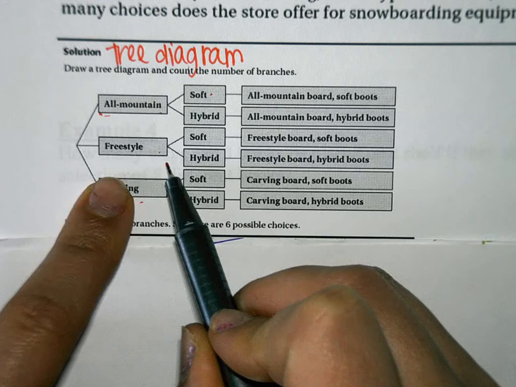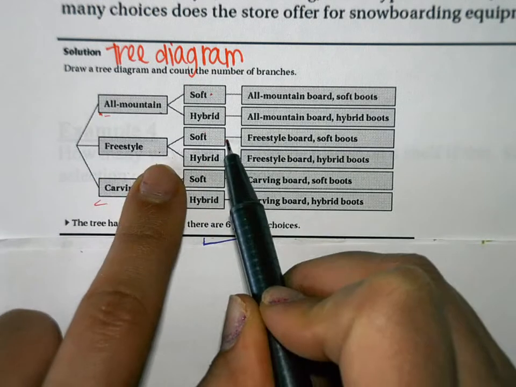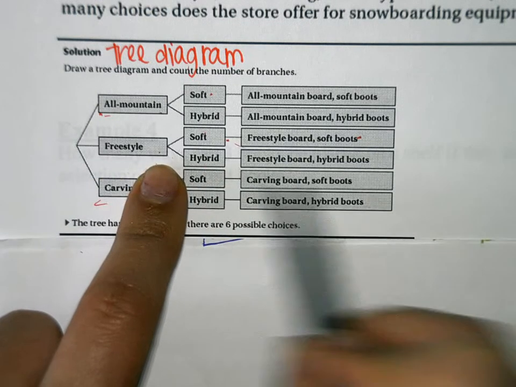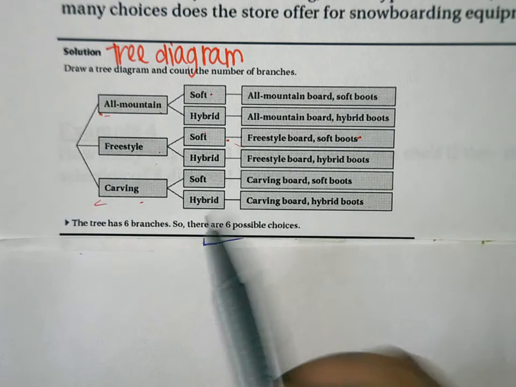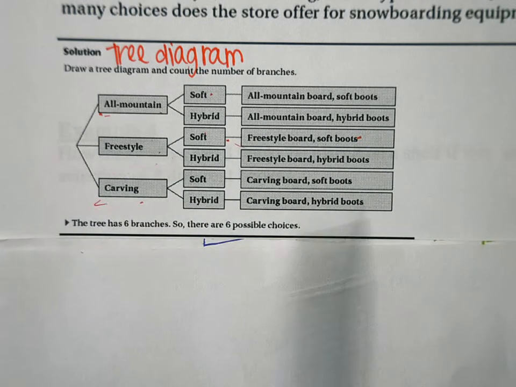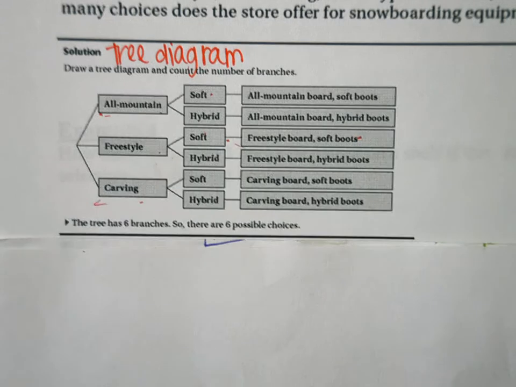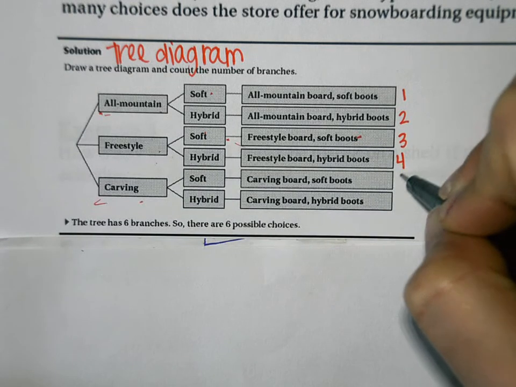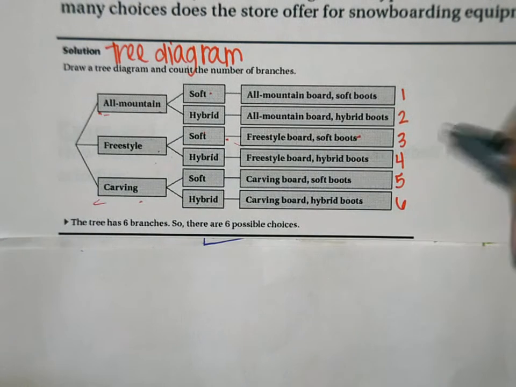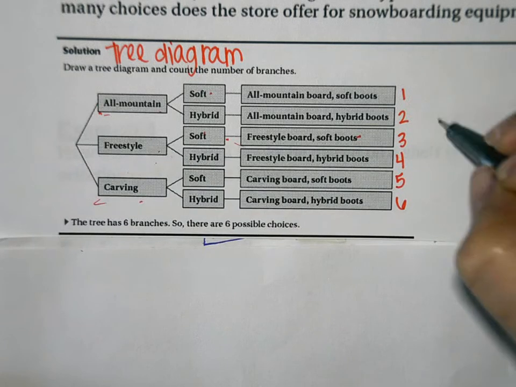For freestyle boards, we can also have soft or hybrid boots. So our option is freestyle board with soft boots, freestyle board with hybrid boots. And then the same thing for carving. We can have soft or hybrid boots. So we would either have a carving board with soft boots or a carving board with hybrid boots. So then the question is, how many choices does the store offer for snowboarding equipment? Well, we had 1 choice, 2, 3, 4, 5, 6. So there are 6 different choices